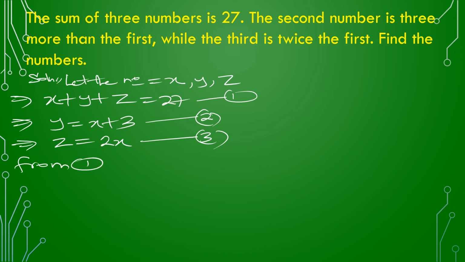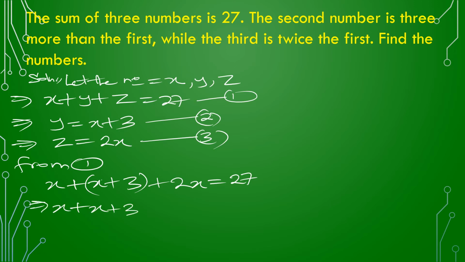We say X, already know X, plus what is Y? Y is what? X plus 3. And we have Z. Z is what? 2x. They said is equal to what? 27. So expanding the bracket, we have X plus 3 plus 2x as equal to what? 27. From here, we have that X plus 2x, we have 3x plus 3 as equal